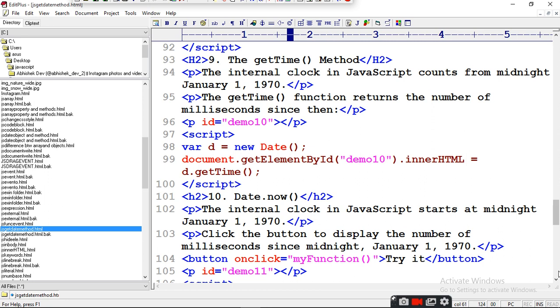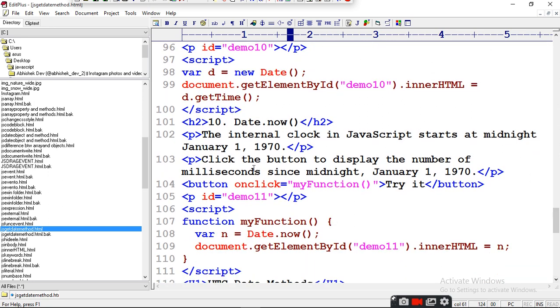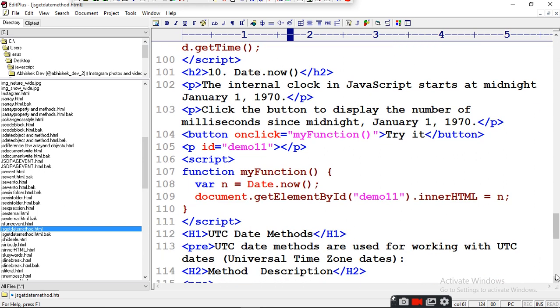So right here, as the get time will show you a millisecond, same way the date now will show you the millisecond. So when you write date now, then it will give you an output in millisecond. How? Just see.